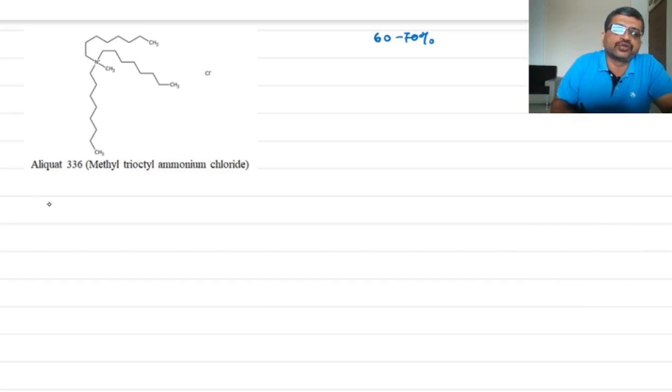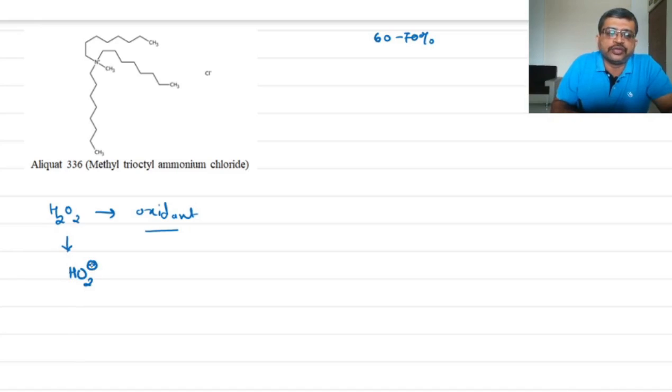Like we know that H2O2 is an excellent oxidizing agent. H2O2 is a very good oxidant. So when it is being used, it is a very good mild oxidizing agent. So we can use this for many different types of reactions. But the problem here is that the active part of H2O2, that is HO2 minus, this HO2 minus